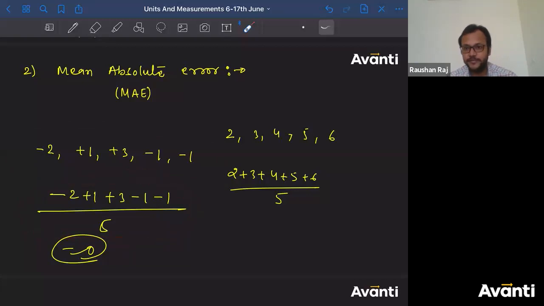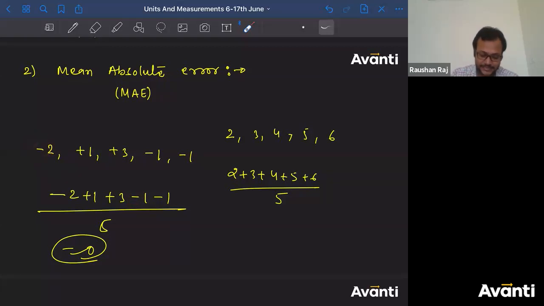What does that mean? That means तुमने कुछ गलत बोला. This is not the correct expression. How this is wrong? Reason बहुत simple है. Because we discriminated because when we added here, actually we have not added because of this negative sign. We have subtracted it. That means we have reduced the error because of this negative sign.